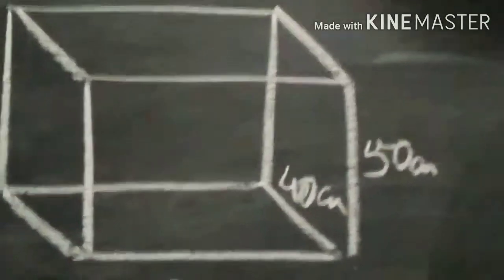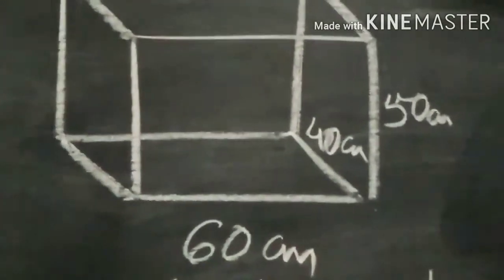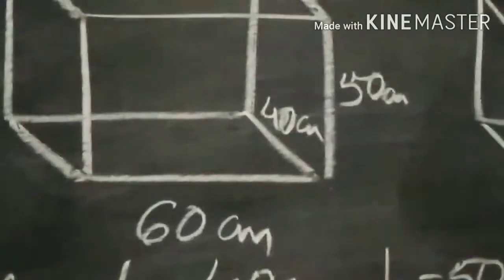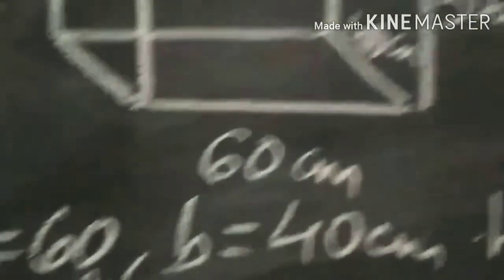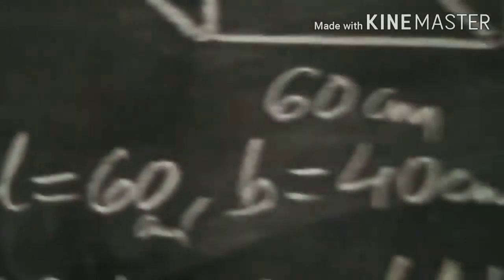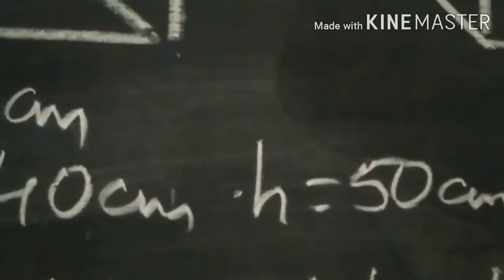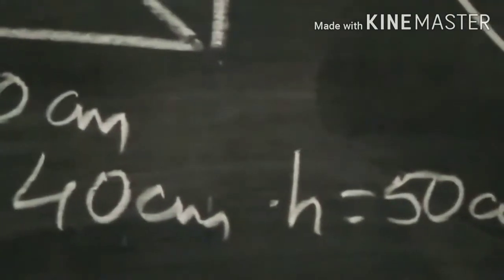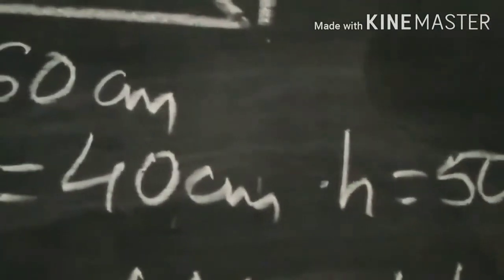Now the first box we can see is in the form of a cuboid. In this cuboidal box, 60 centimeter is the length, 40 centimeter is the breadth and 50 centimeter is the height. So to find out how much material it requires for making this cuboidal box, we need to find out